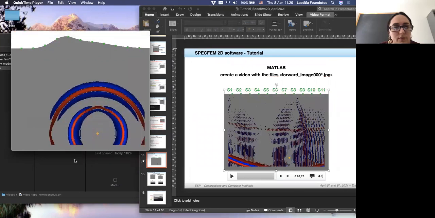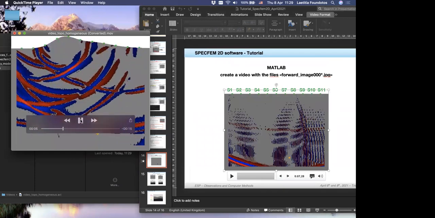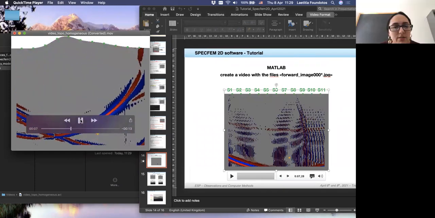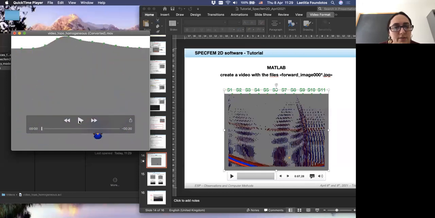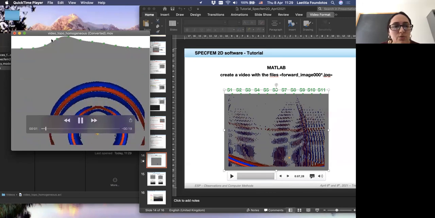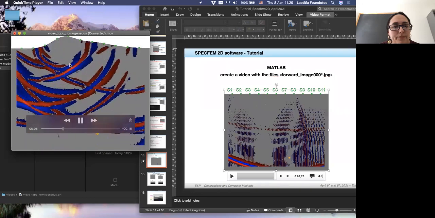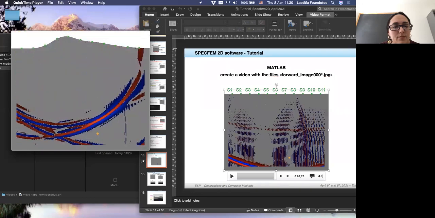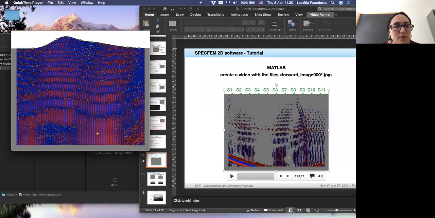Can you hear me? And you can see this is quite more complex when we introduce this topography. So this is for this example.